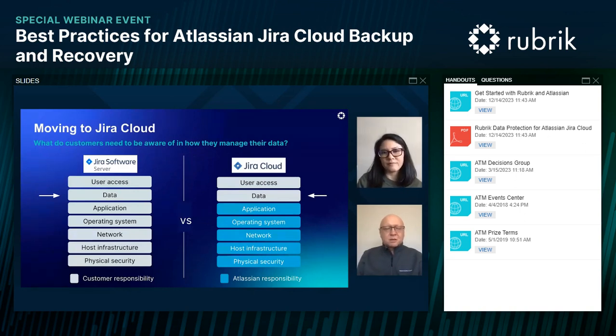Yes, Stacy. There are multiple differences between Jira Server, Jira Data Center and Jira Cloud, but for the purpose of our discussion, let's focus on the primary difference. Jira Server and Jira Data Center are self-hosted by the customer, whereas Jira Cloud is a SaaS product offered and hosted by Atlassian.